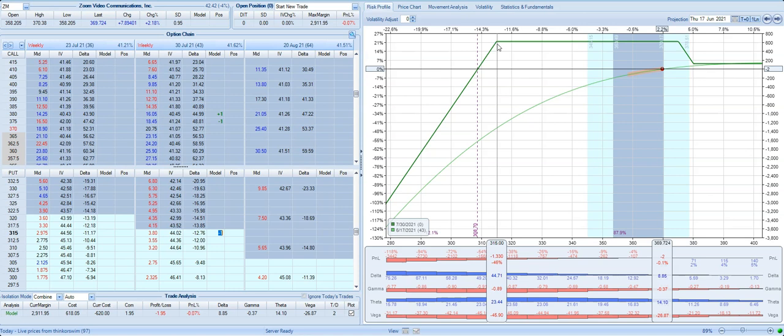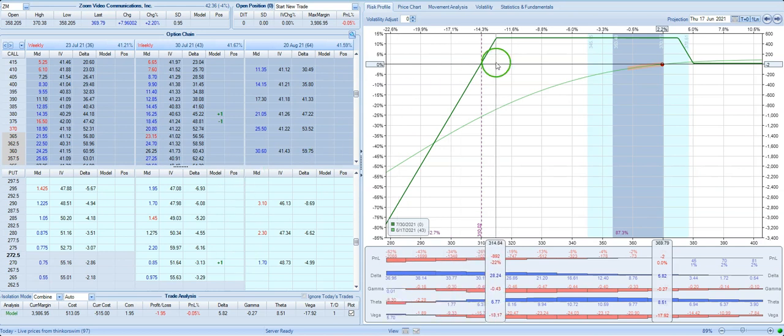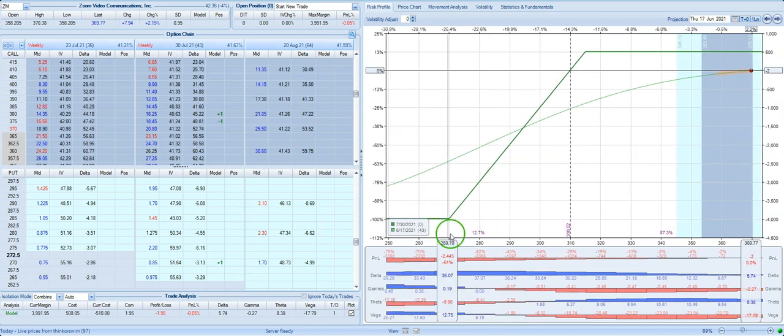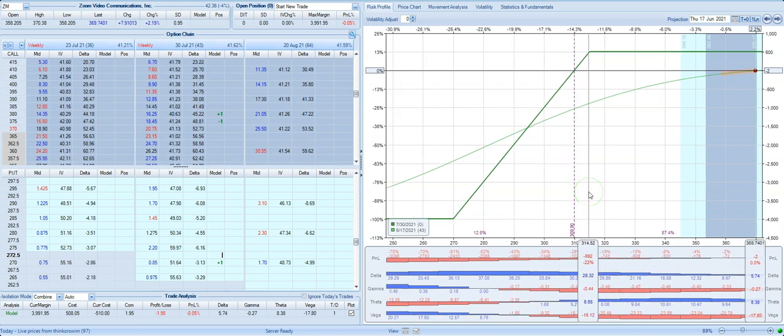What we can also look at is buying a cheap wing to cut our risk to the downside in this trade. So if I'm left over with about a 95-cent credit on the upside, I can use that credit to maybe buy a 270 put, right? So 315 is not naked. I'm short 315, I'm long 270, and that cuts my risk down to about $4,000 per one spread. So it doesn't necessarily give me any advantage from a buying power point of view, meaning